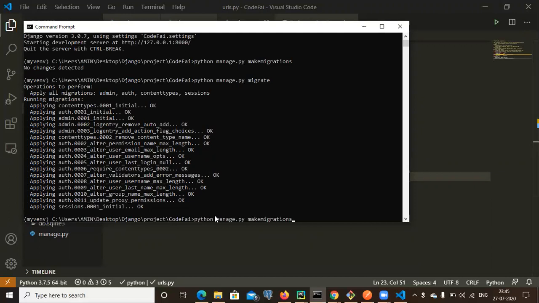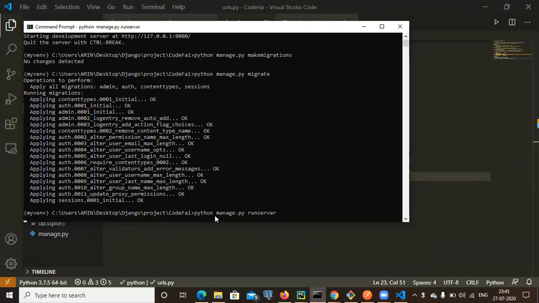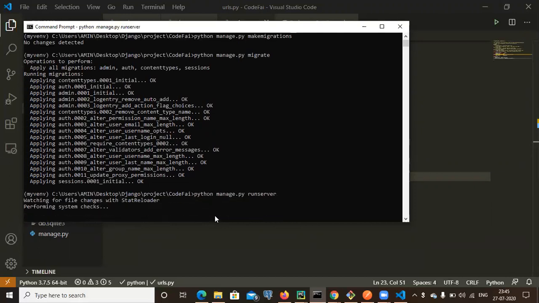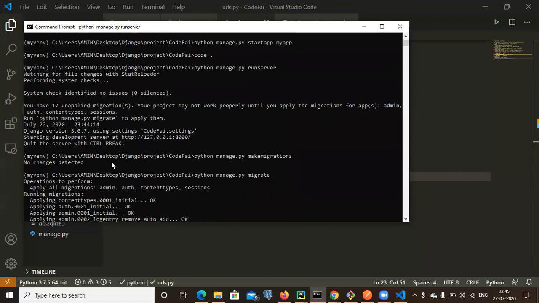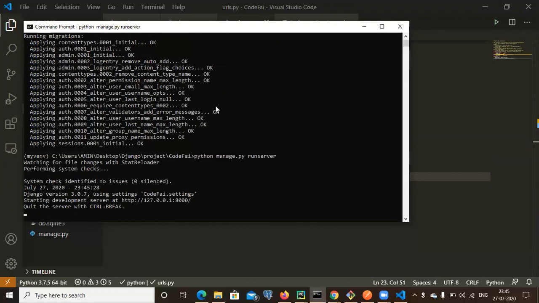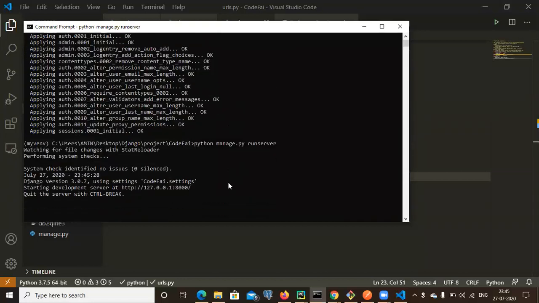So now I'm going to run the server again. Now you can see that this message does not appear anymore, right? That is the reason I ran makemigrations and migrate. The make is just telling Django that, hey Django, I have made some changes. Can you keep in mind that next time you're not going to tell me some error, right? So that's the reason I have done this.